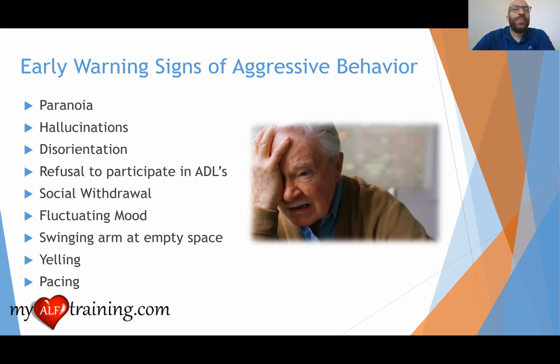Okay, so objective number 2, we'd already talked about causes of aggression. We talked about specifically 3 diseases: dementia, Alzheimer's disease, and stroke. So now I want to tell you guys about early warning signs of aggressive behavior. What should we be looking out for? And you see, I included this picture of this gentleman. He just looks very frustrated. So, paranoia,